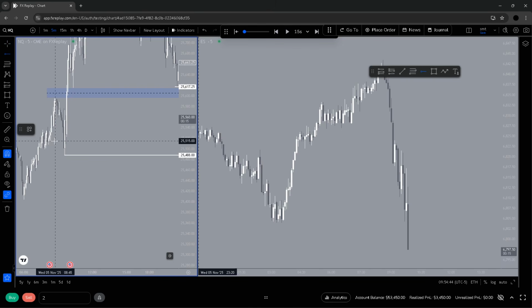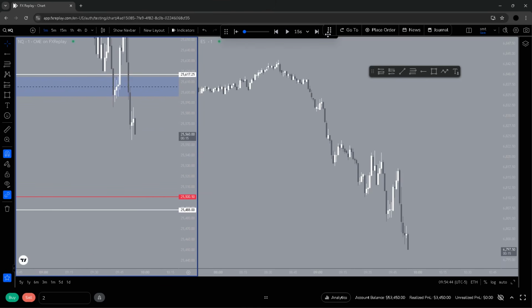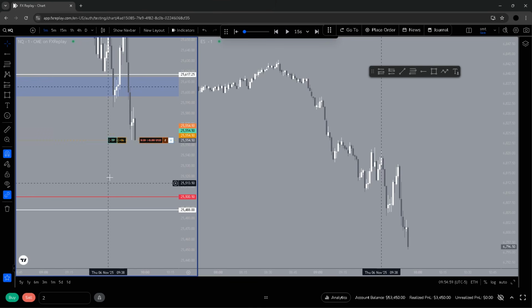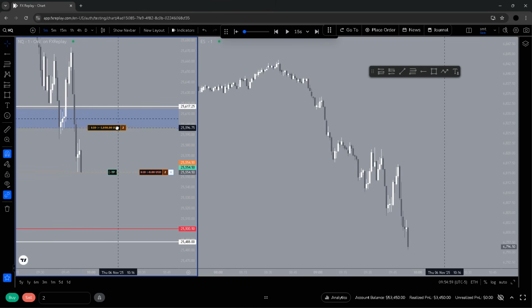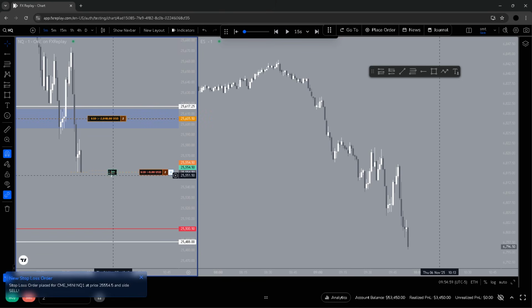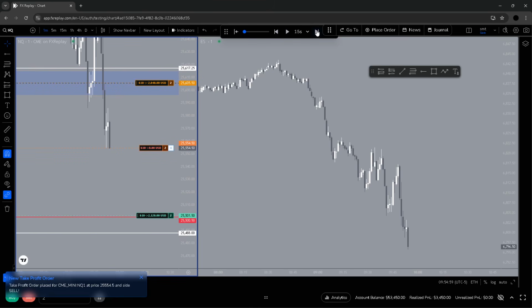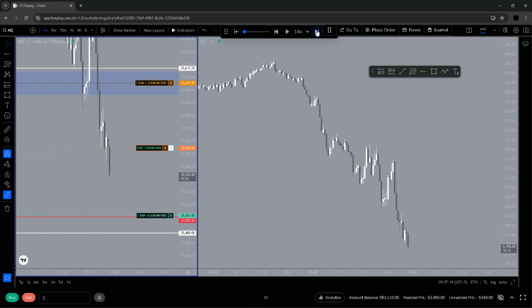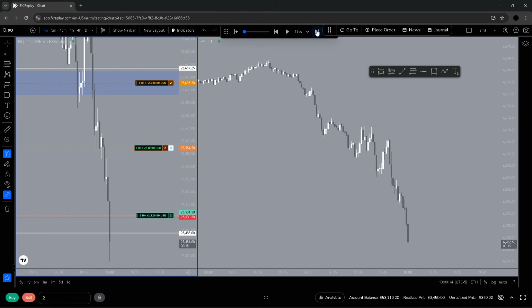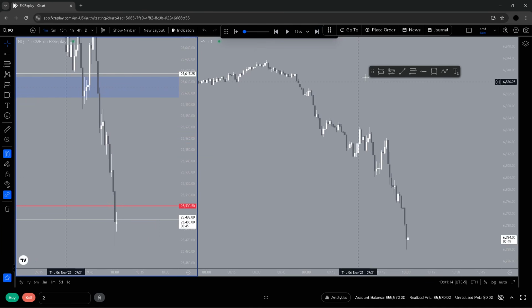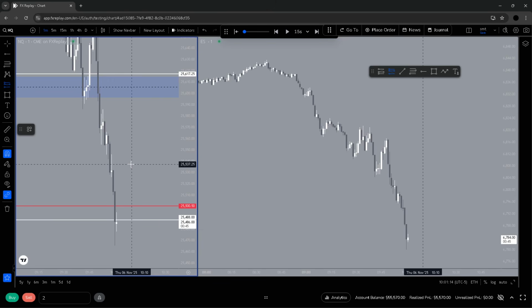Yeah, more solid. Do you recommend going to the 15-minute to look for draws on liquidity, or 1 hour? Or is 1 minute fine? Bro, every single draw on liquidity on the 1 minute, the 15-minute, or the hourly is the exact same thing. They're all the same thing, just at different times. So if you're going to look for a draw, 15-minute or hourly is fine. You don't need to look at the 1-minute draw because it'll be the same thing.